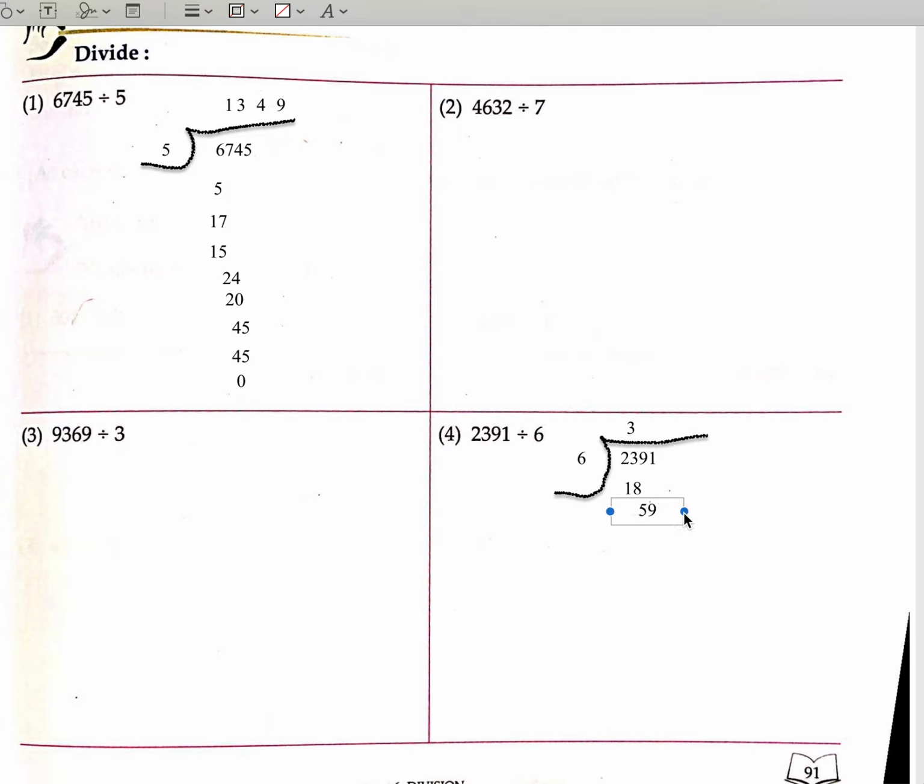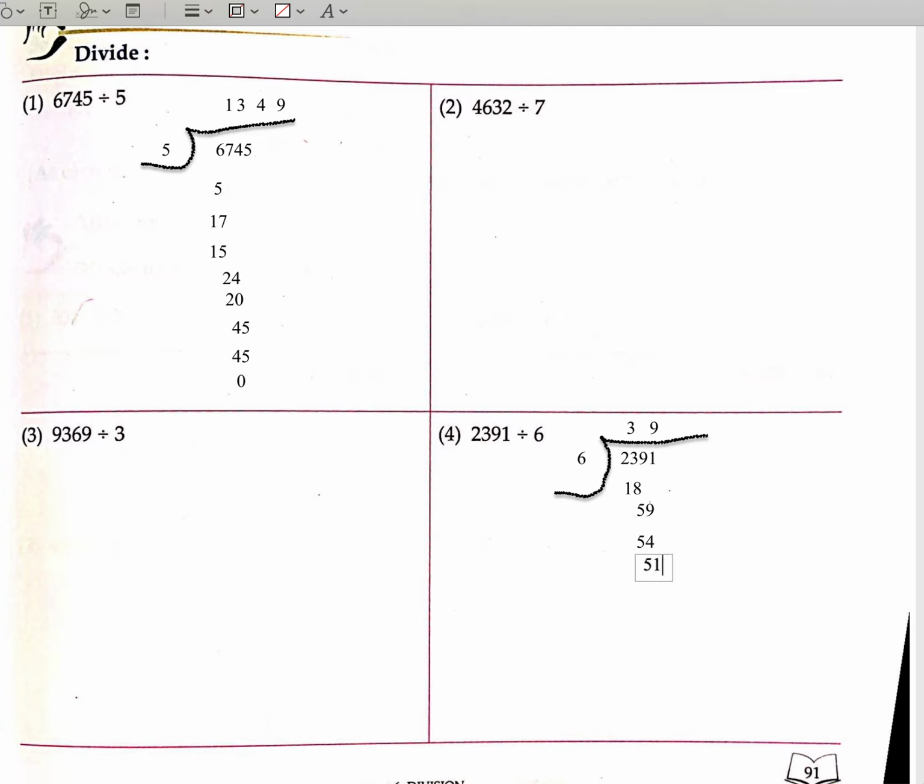We write 9, 59. So now 6 into what is equal to 59? If we revise our tables, we'll get to know that is 6 into 9, 6 nines, which is 54. So 54, and then we'll write 9 over here. So now we'll minus both of them, which is 5,